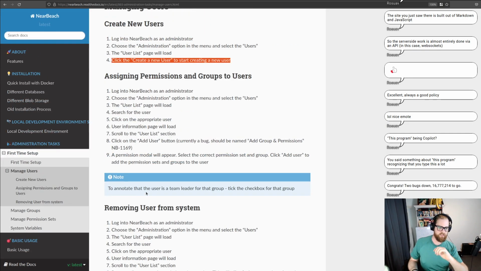Log into NearBeach as an administrator. Choose administration option in the menu and select users. The user list page will load. Search for the user. Click on the appropriate user. User information page will load. Scroll to the user list section. Click on the add button. Currently a bug, it should be named add and group